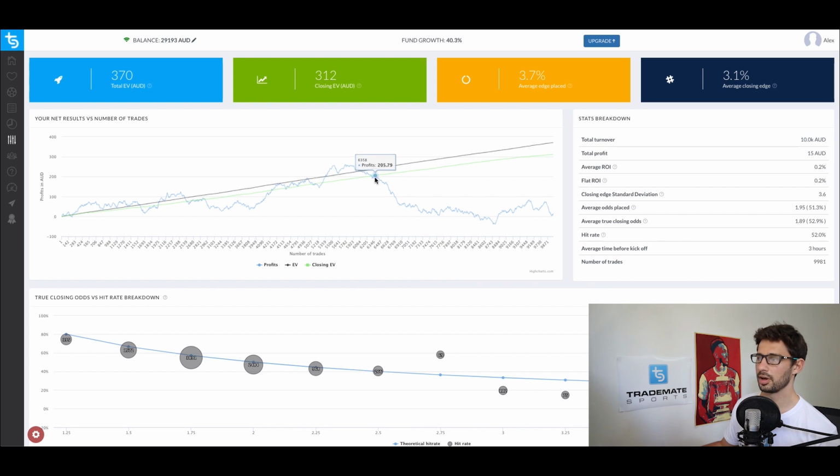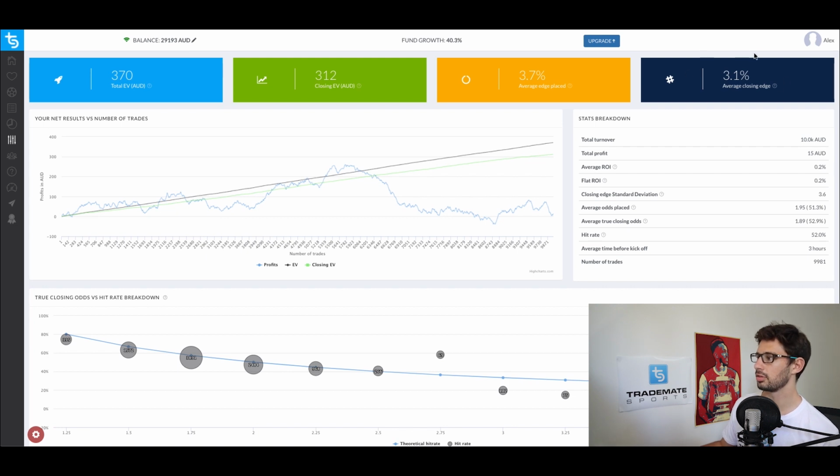You'll notice that we were actually doing quite well up until about two-thirds of the way, and then our results have declined quite rapidly, and since then they've kind of stagnated. So that's just something interesting to keep in mind. Maybe something's happened in the NFL betting market when it comes to the handicaps around this point. Maybe that's representing a couple of seasons ago or something like that, and the market's changed a bit and our results have dropped. So that's definitely something to keep in mind there.